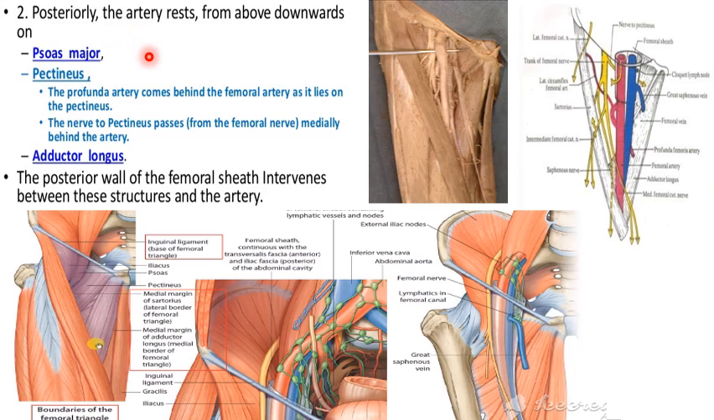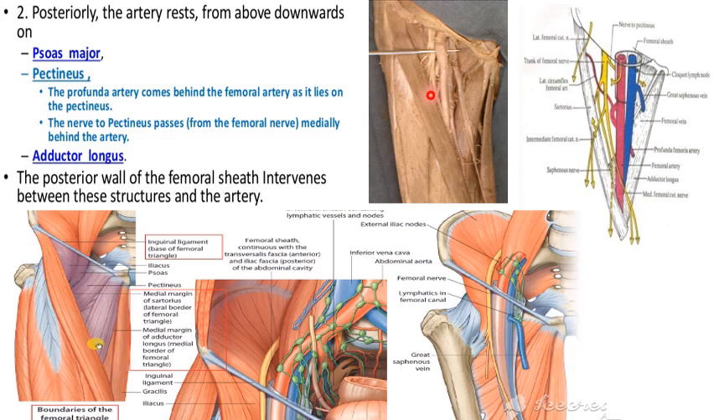So the relations posteriorly from above downwards are, this is the inguinal ligament, and here is the pubic symphysis. This is the mid-inguinal point. So here is the femoral artery. What are they from above downwards? It is the psoas major muscle. It is the pectineus. So between the pectineus and the longus, there is this profunda